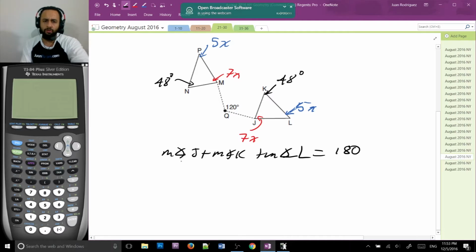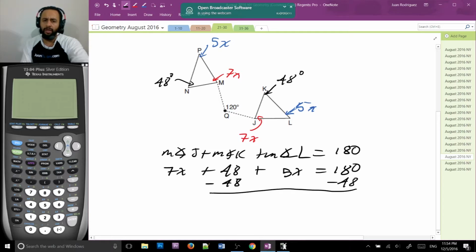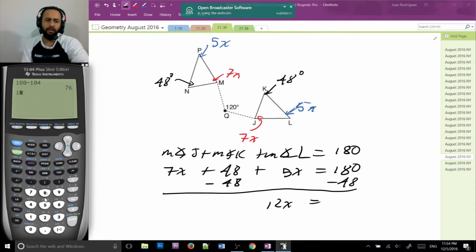So the measure of angle J is 7x plus the measure of angle K is 48 plus the measure of angle L is 5x is equal to 180. Okay, so we can combine like terms, and we can also subtract 48 from both sides, and we get 7x plus 5x is 12x is equal to, let's see, 180 minus